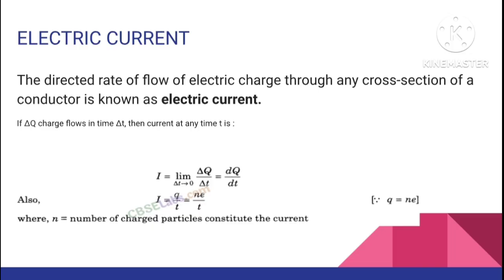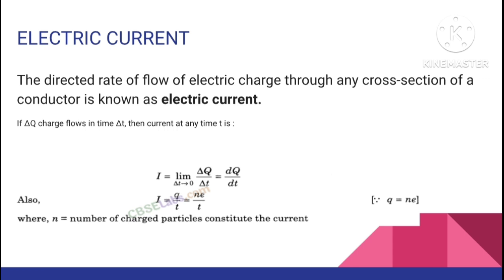In actual, electric current is a flow of electric charges, or we can say that moving charges make up the electric current. When the moving charges flow in a particular direction through a conductor, electric current is produced. So the directed rate of flow of electric charge through any cross-sectional area of a conductor is known as electric current. Let us assume that delta Q is the charge flowing for a very short time interval delta T,